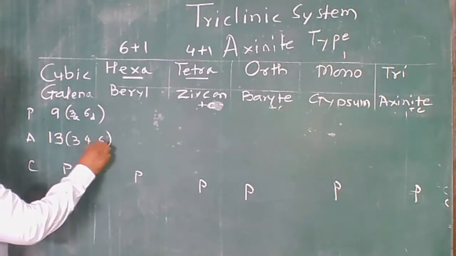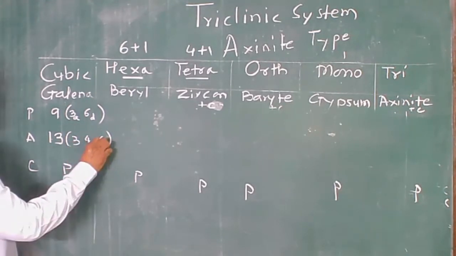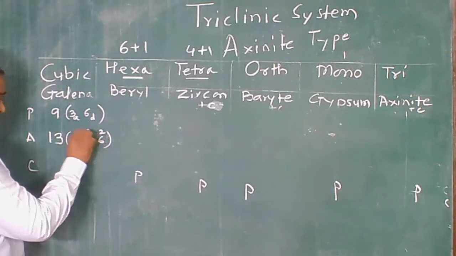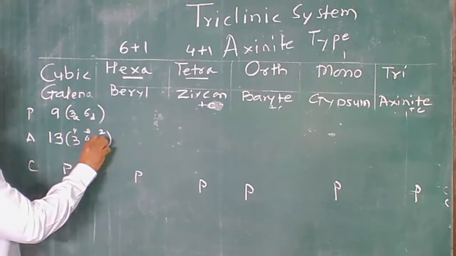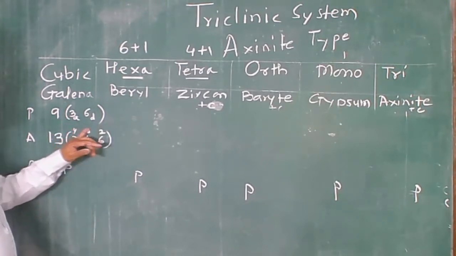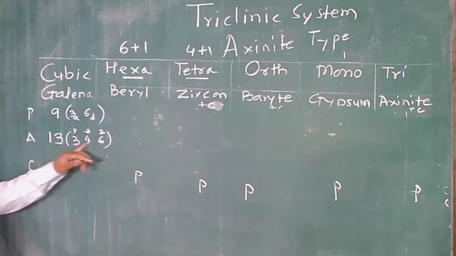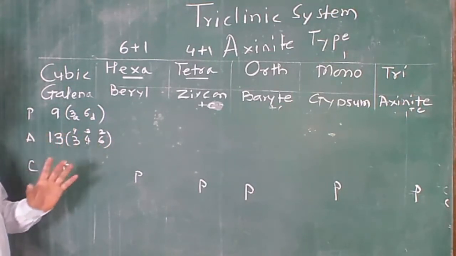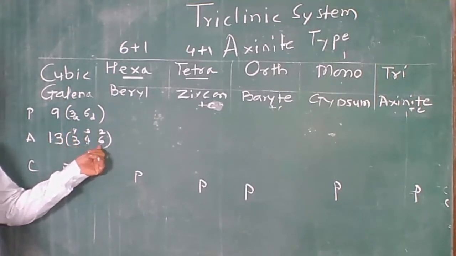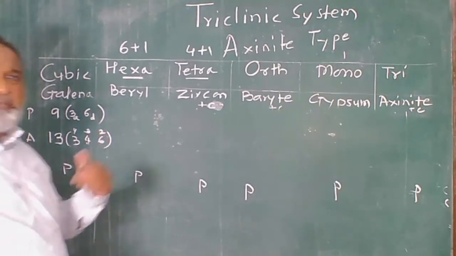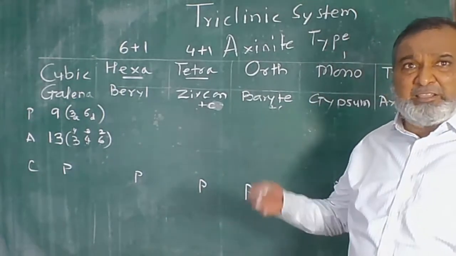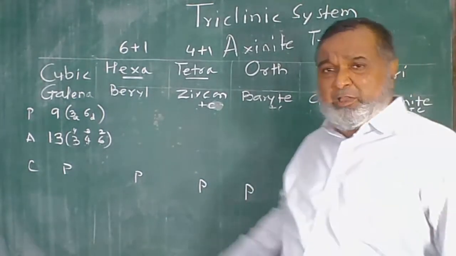Now, if you make out this one, the highest number gives you the minimum, 6 of 2, 4. As the number is reduced, the other is increased. So 6 of 2, 4; 4 of 3, 4; and 3 of 4, 4. The sum of the multiplication of these 3, 4, 6 will always be 12. Go to the higher number of axes, and you have to start: the maximum number gives you the minimum number of axes. 6 of 2, 4; 4 of 3, 4; and 3 of 4, 4. So this is the way you have to make it out.